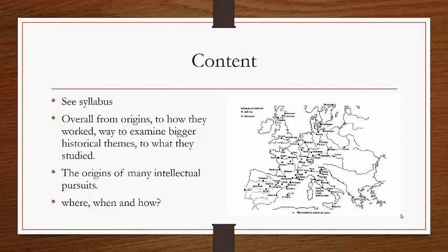So this week, as I said, we're only going to get started this week, do background. There's really three questions for this week. Where, when, and how. And that's just an introduction. So this map that I've got on the slide here has actually come out of your textbook. If you're like, where are all these places? I get that. Remember that there are little maps. They're not fancy, pretty maps. They're boring black and white ones, but useful maps. This one here shows where the universities were by 1500.